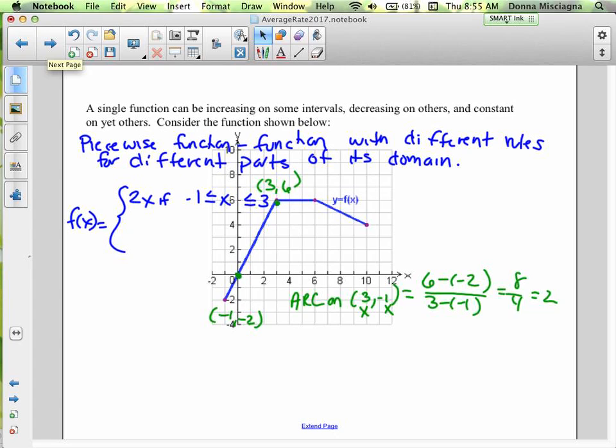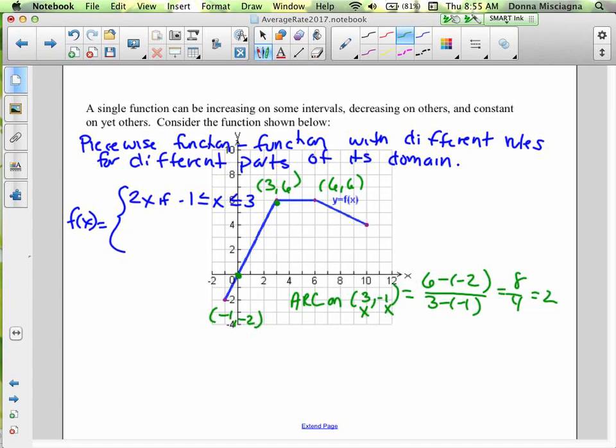We have a linear function for the next portion. All right, so from 3, 6 to 6, 6, we have not just a linear function, but a horizontal line. It's linear, but it's not even just linear, it's horizontal. It's a constant function. So right here, this is constant. So our average rate of change on 3, 6,